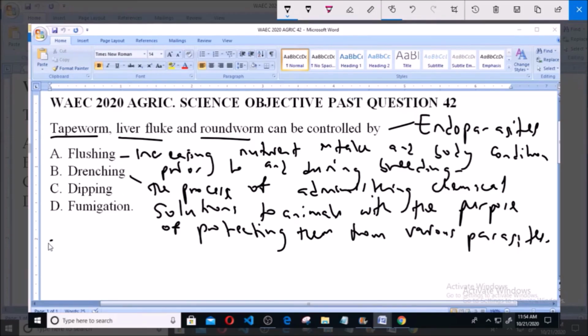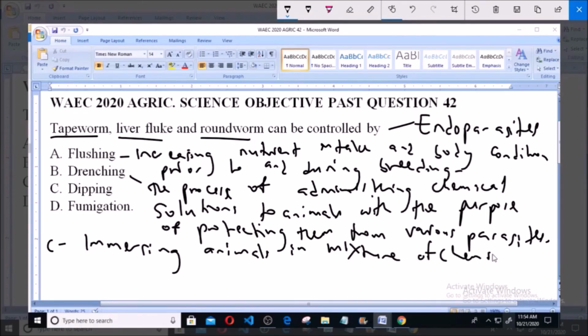Option C says dipping. Dipping is the process of immersing animals in a mixture of chemicals to control ectoparasites. And lastly, option D, which is fumigation, refers to the general